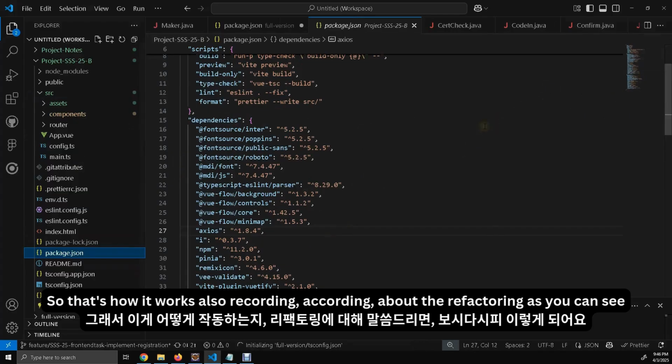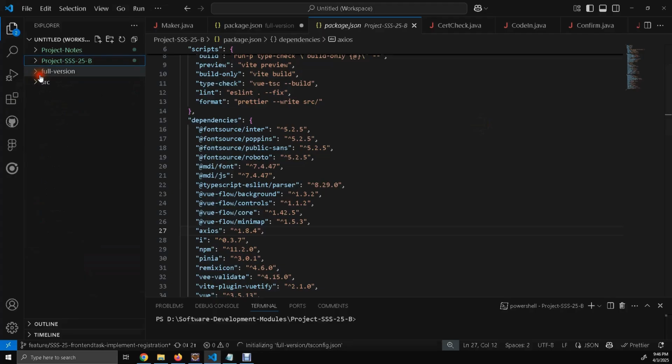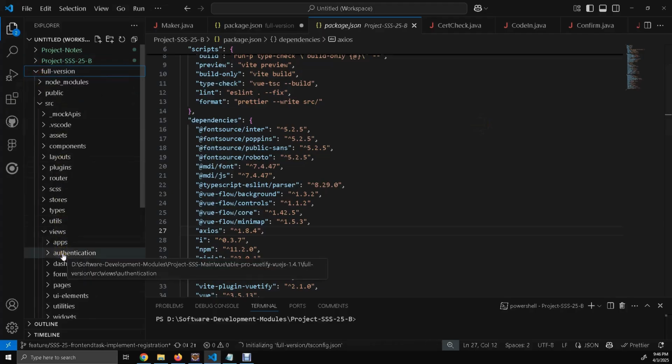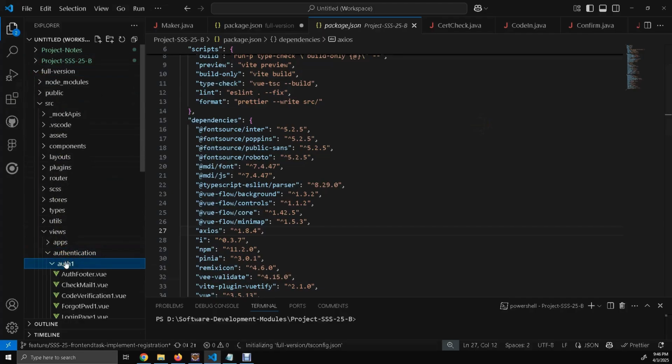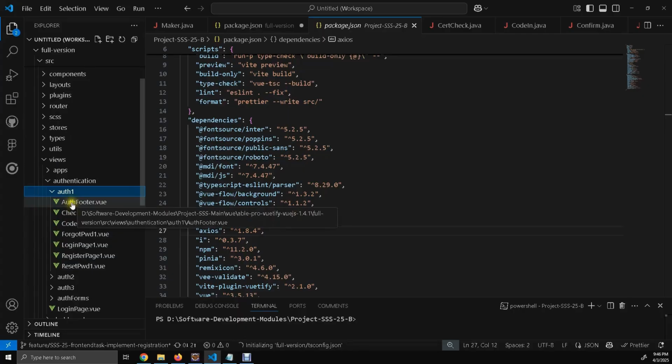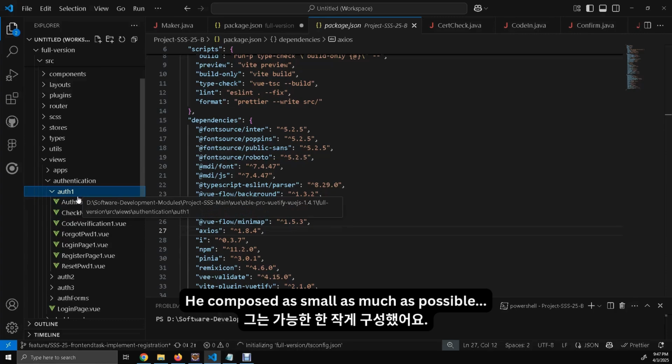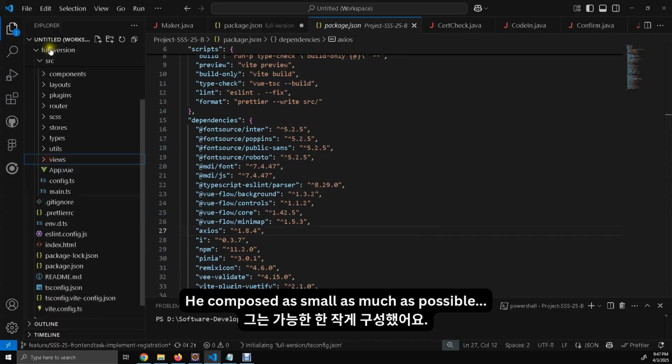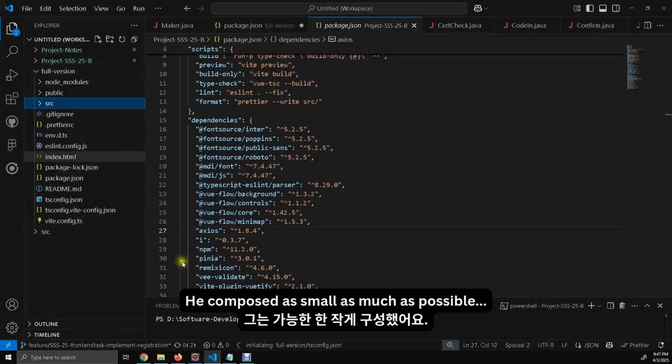Also, about the refactoring, as you can see, compose as small as possible.